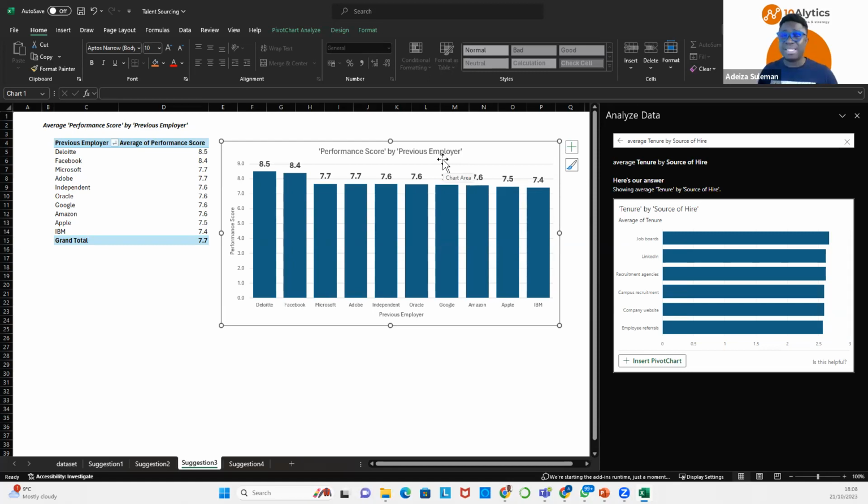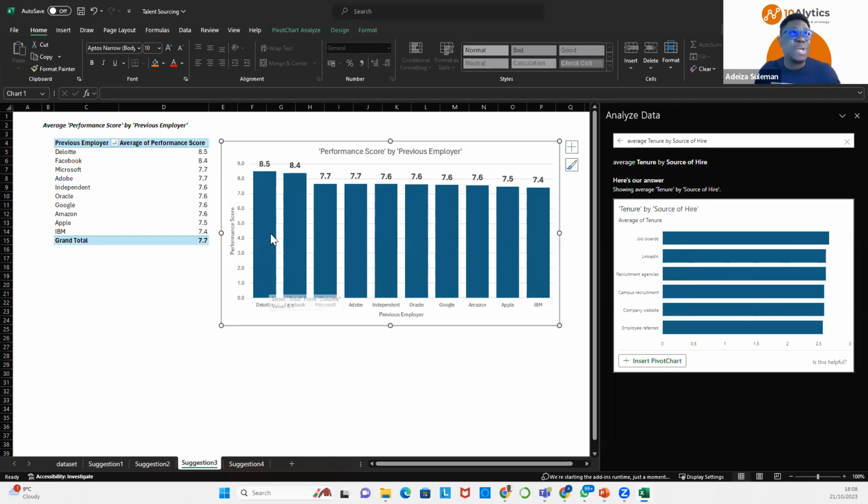If we're looking to poach, remember we're in the technology space and employees easily move, especially within the tech space. You have employees who work with Facebook or Meta, they move to Twitter or X, and they move to LinkedIn, they move across these different organizations within the same industry. So it's not bad at all. Rather than looking for employees within those different organizations within the tech space, are there other organizations where we can get employees and they perform better? And Deloitte, which is not a technology company, seems to be the highest performing, right?